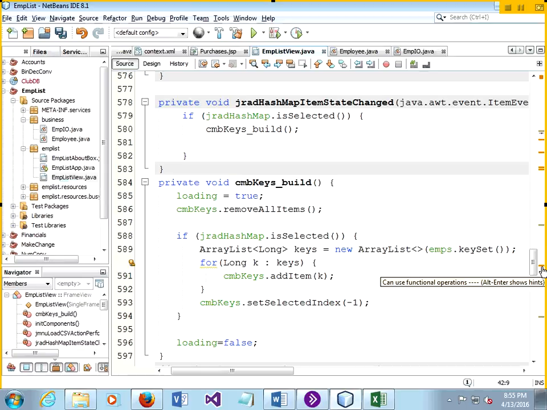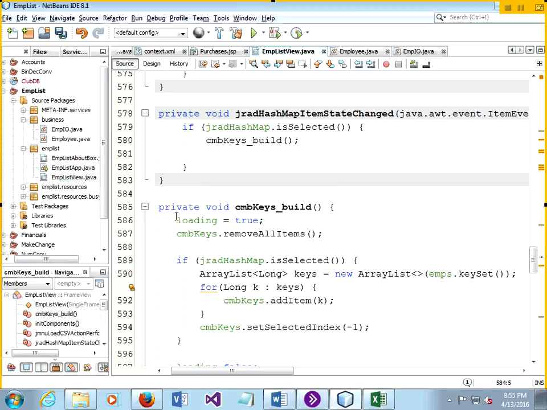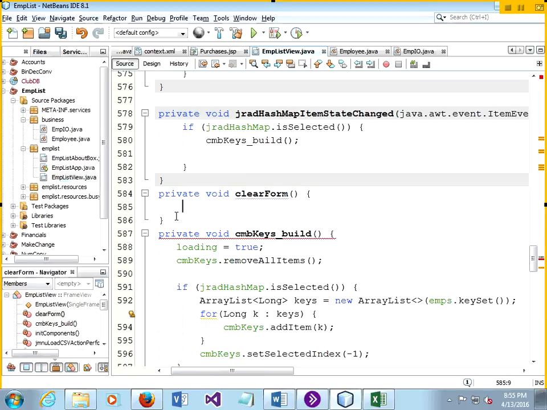So where I have private combo box keys build, I'm also going to have private void clear form. So I'm going to put that, oh, it's so short, I think I'll actually put it above the combo key. So private void clear form,